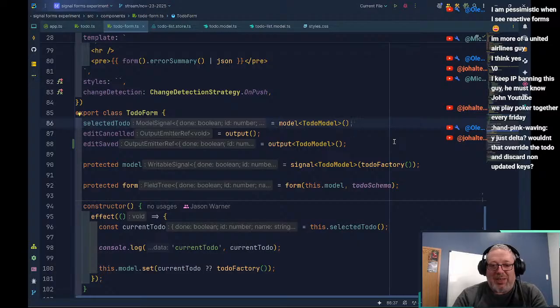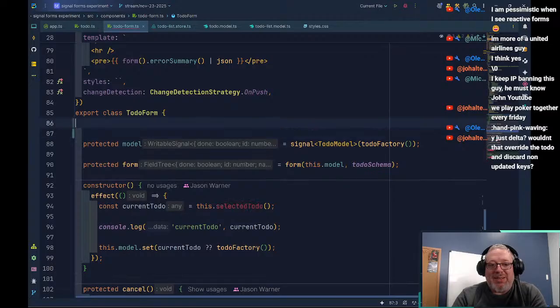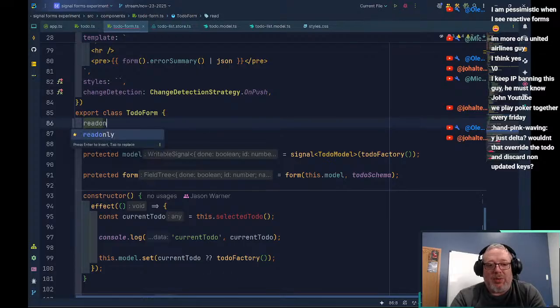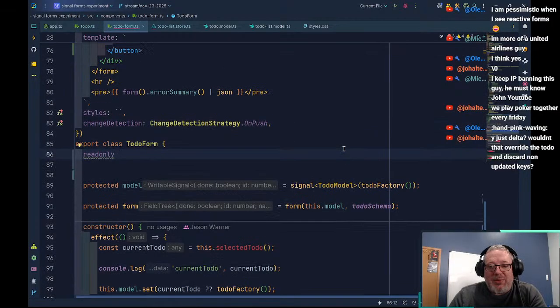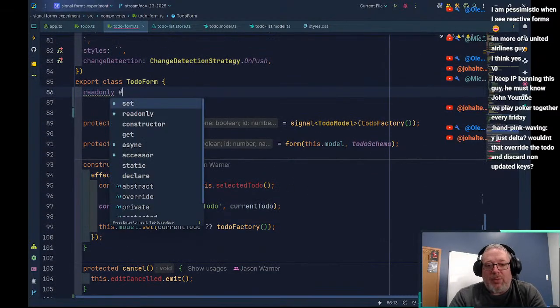We're going to take all of this out. And instead, we're going to say const, we're going to do readonly. Are we using, so we're using the model here. Well, we'll try it private.